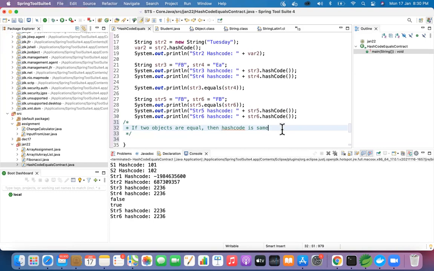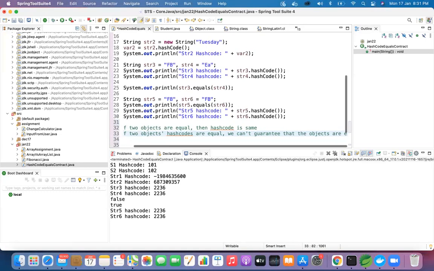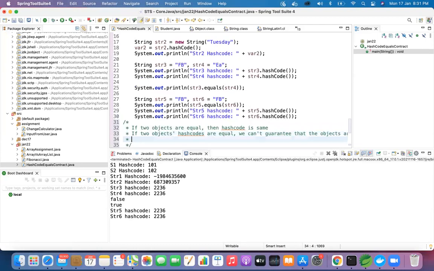So in that condition, if two objects' hash codes are equal, we can't guarantee that the objects are equal. So these are the 2 points we understood from our experiment.